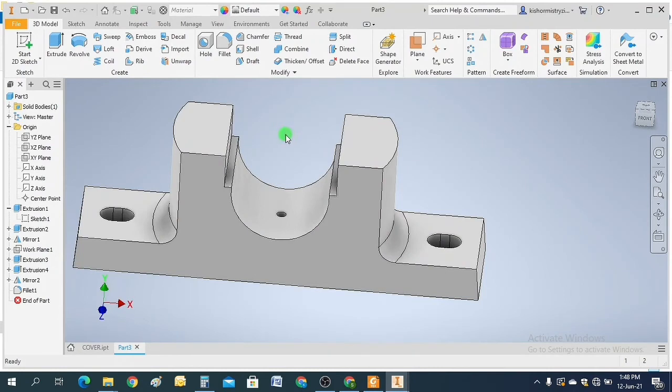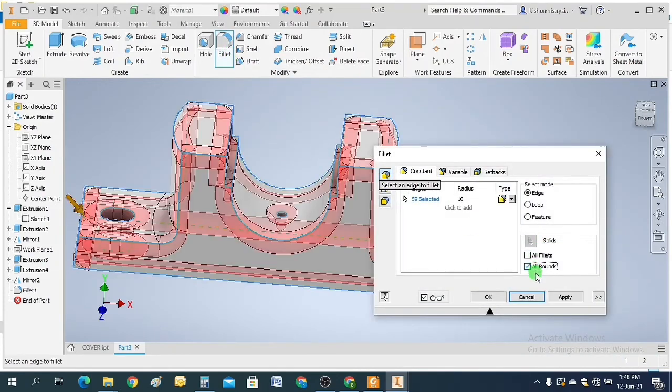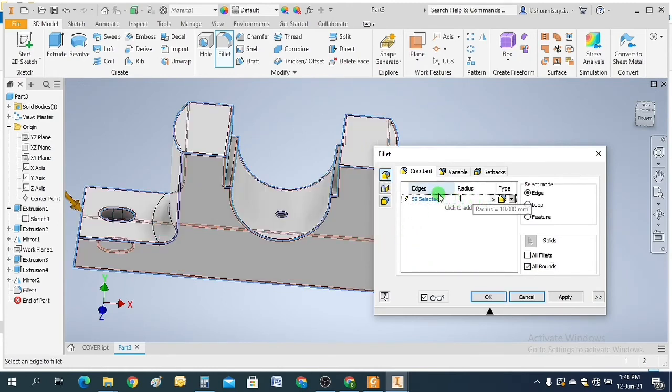In any case, if you have an object where you want every edge to be filleted, or you want to give an equal radius with a dimension, then click the fillet command over here, click fillet and all rounds, suppose 1 millimeter.